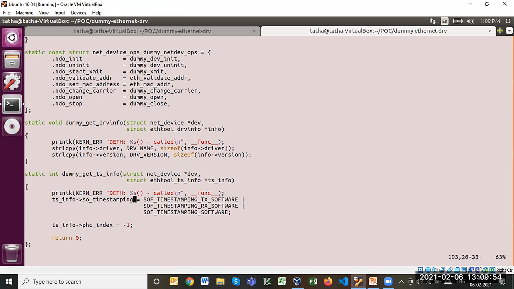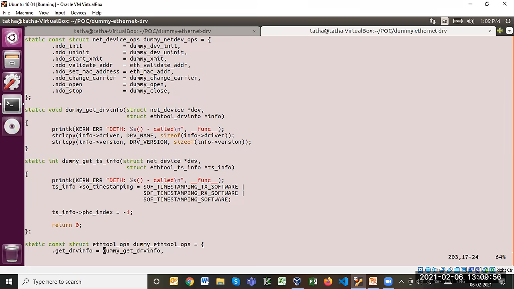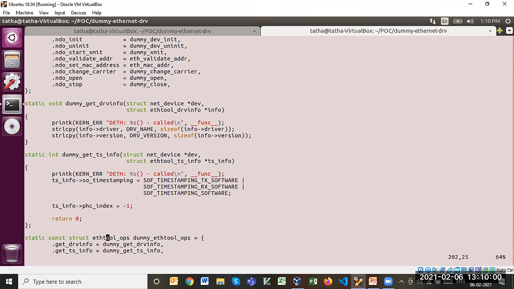The basic concept that I would like you to have is that a lower layer has to register its set of functions to the upper layer, so that the upper layer can communicate with it whenever required.